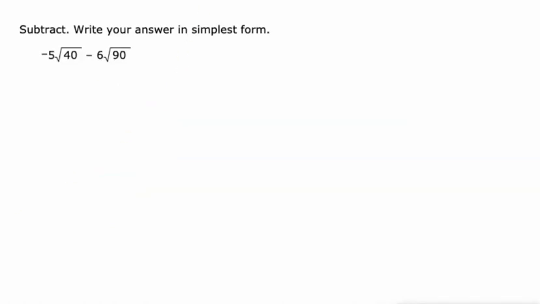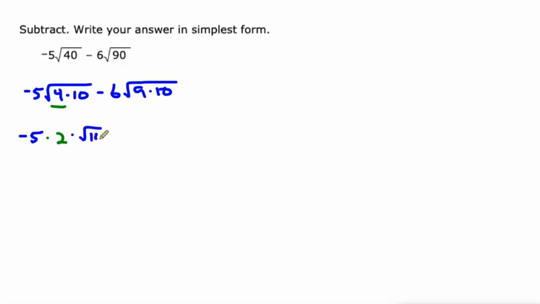And then in this one, both the square root of 40 and the square root of 90 can be simplified. So square root of 40 has a perfect square factor, 4. We can make it 4 times 10. And then square root of 90, 90's got a perfect square factor, 9, so we can make it 9 times 10. So in this case, we'll do negative 5 times the square root of 4, also known as 2, times